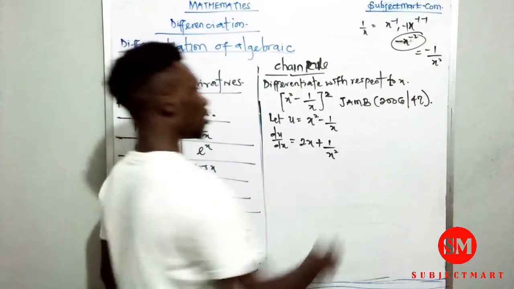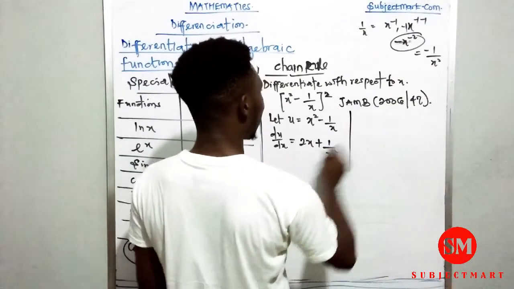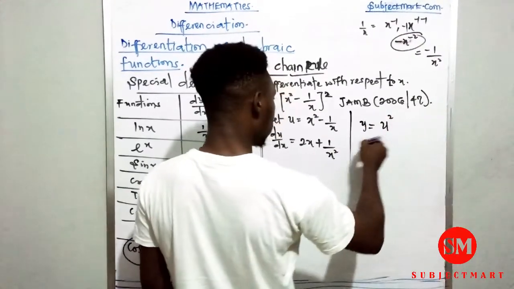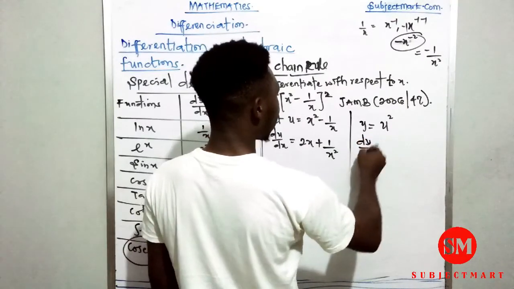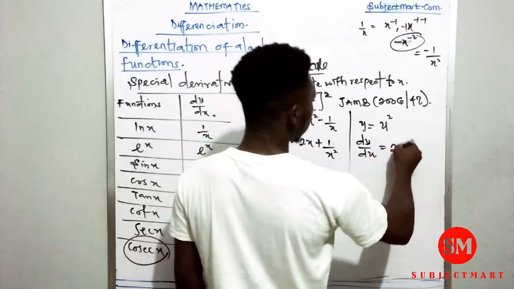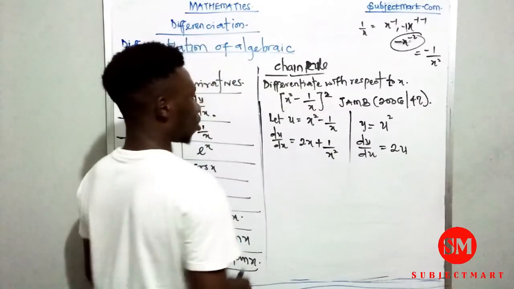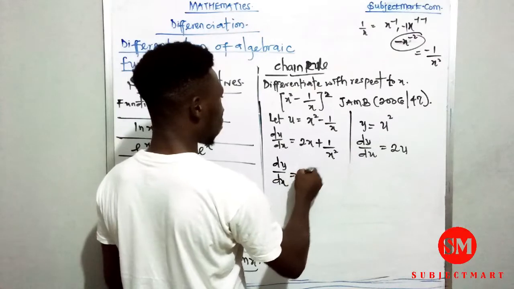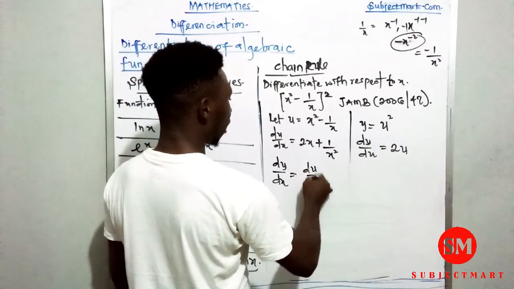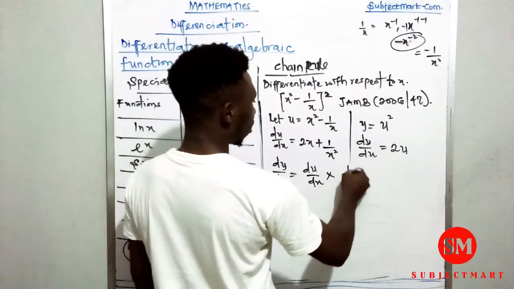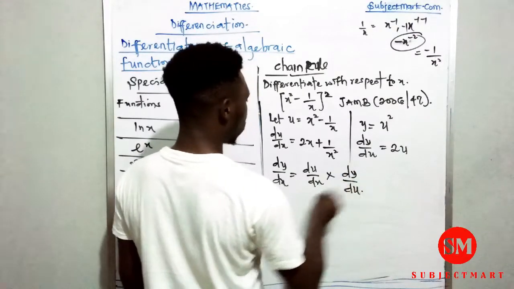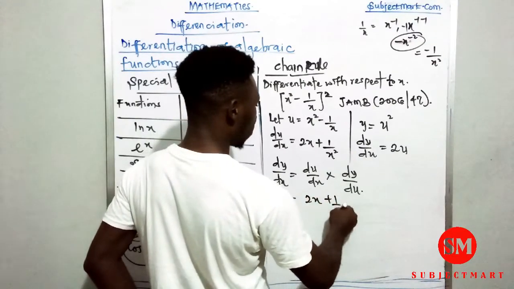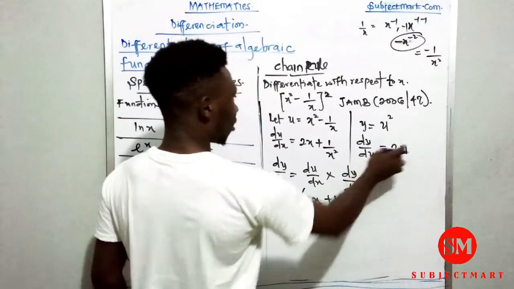Since we differentiated this, what are we having next? y here is equal to u raised to power 2. So dy/du here is equal to 2u. So with this, dy/dx here is equal to du/dx multiplied by dy/du. du/dx gives us this long one: 2x plus 1 over x raised to power 2 in brackets, times